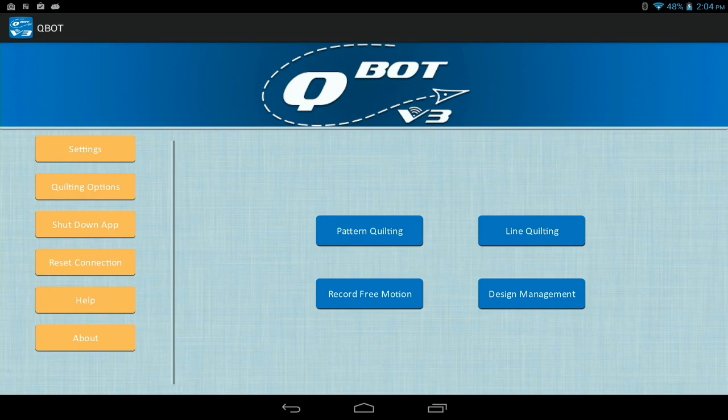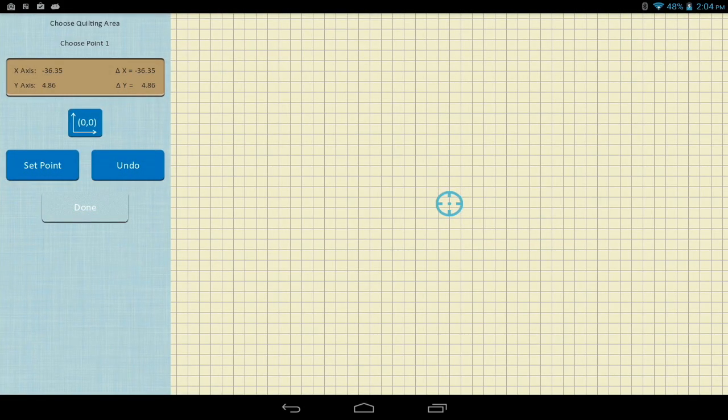Okay, so we've gone through the yellow buttons, we've gone through pairing, we're ready to do some quick quilting. Let's get started with this already. So here we are. We want to do pattern quilting. That's what traditionally we've done in the QBOT. So we're going to quilt a pattern. By pressing that button, you bring up the